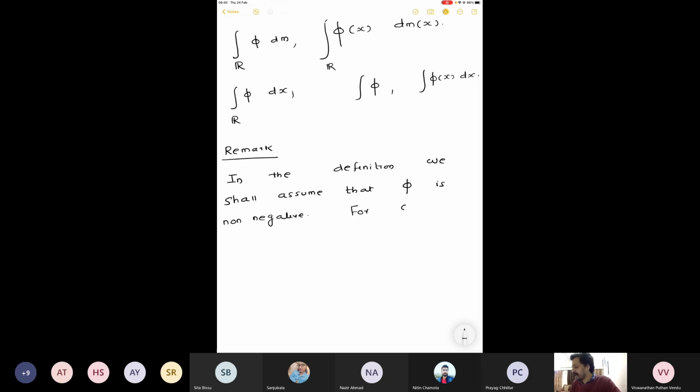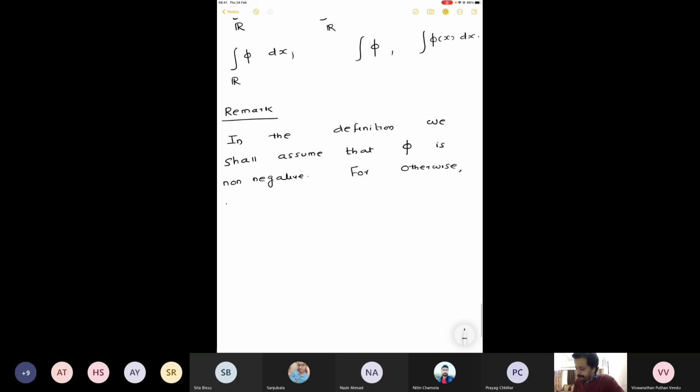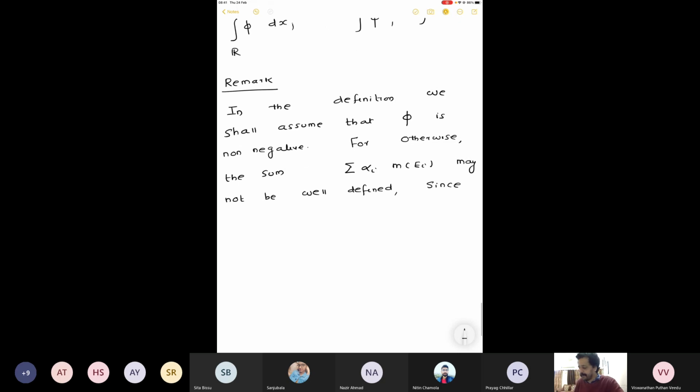For otherwise, the summation of alpha i m of Ei may not be well defined. I will give you one instance when this well-definedness can create an issue. Since it may happen that